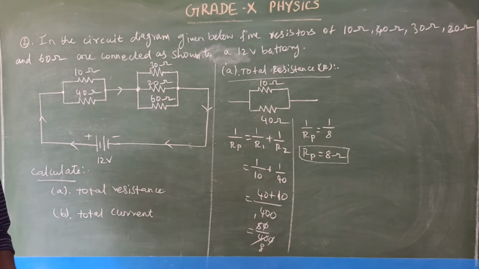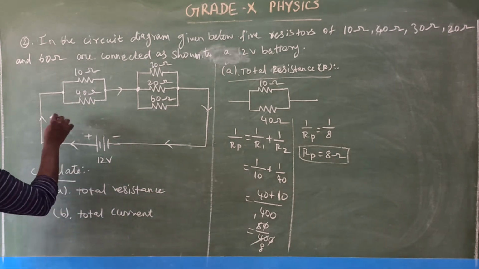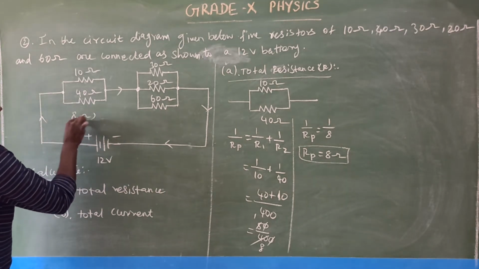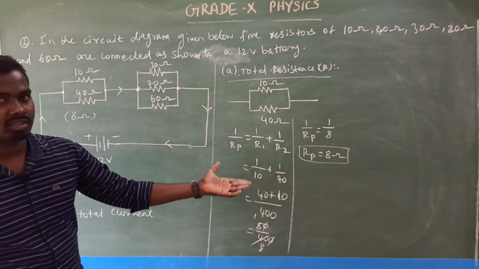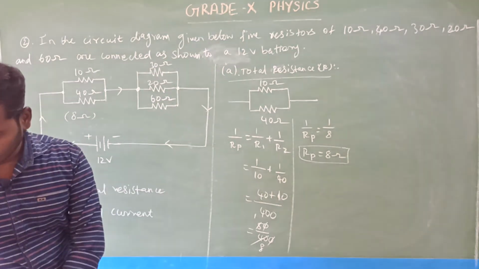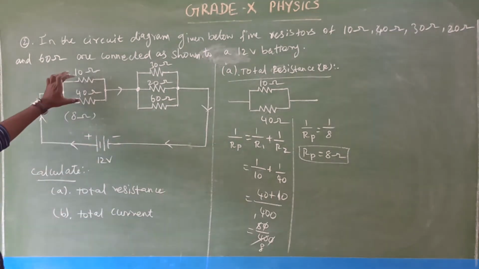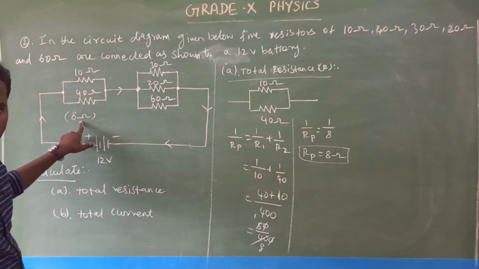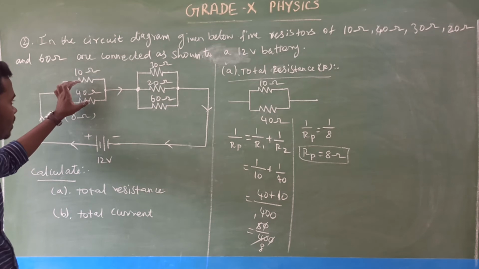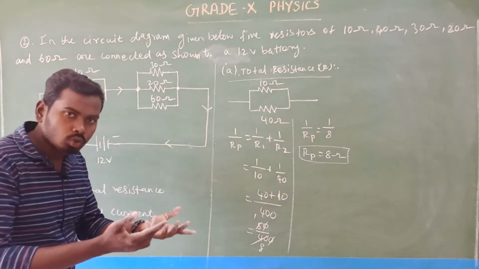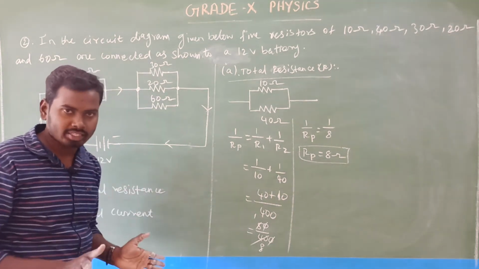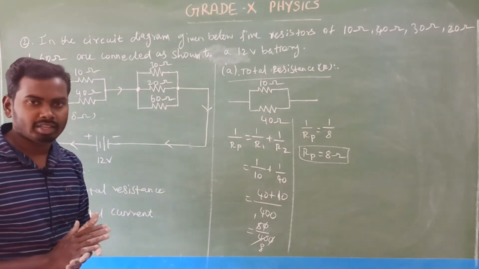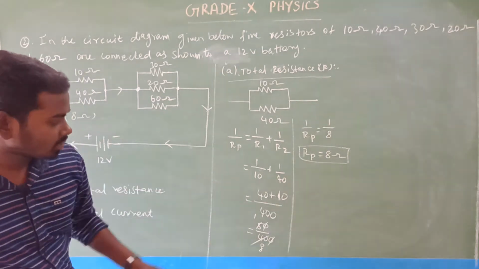Is it clear, students? So very easy. Don't get confused. Okay. Yes. So this one 8 ohm I'll make here, because I need to rub that. So these 2 resistors' equivalent resistor value is 8 ohm. We have converted these 2 resistors in parallel combination into a single resistor series combination, isn't it? Yes. Look at here, I'll rub that.